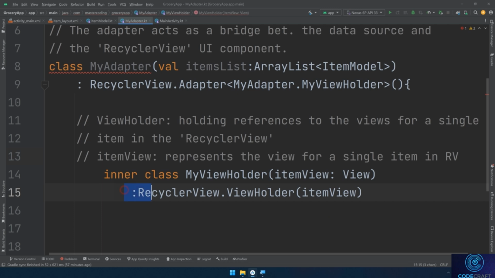MyViewHolder class extends from the RecyclerView.ViewHolder and takes the itemView as a parameter in its constructor. This means that myViewHolder is a specialized type of ViewHolder tailored for your specific item layout. The ViewHolder is a pattern used in Android's RecyclerView to improve performance by recycling views as the user scrolls through a list. It holds references to the views within a single item layout so that these views can be efficiently